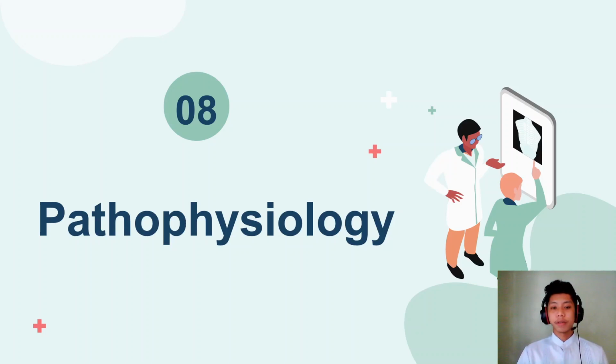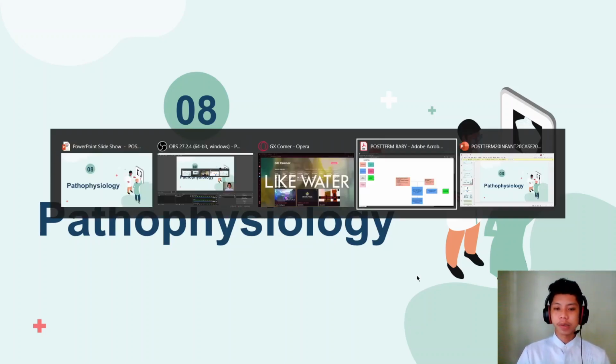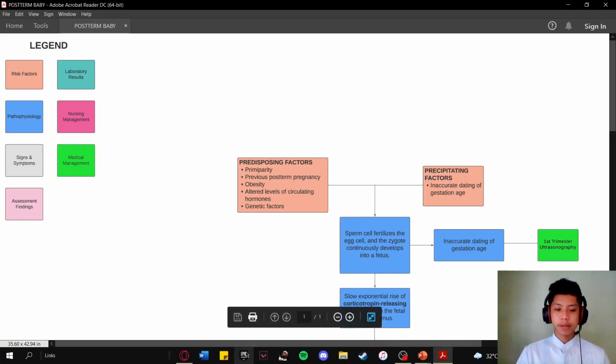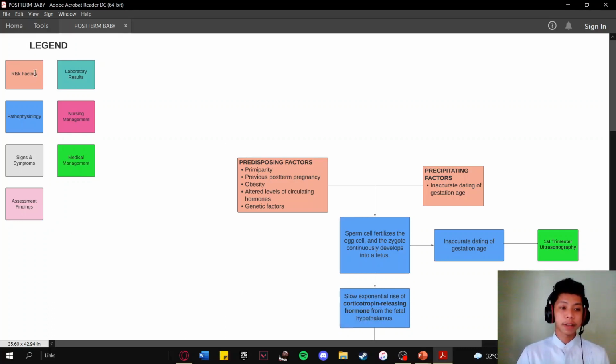Okay, so now I will be discussing the pathophysiology of postterm pregnancy. I'll just open or proceed with the file. As you can see here in our legend for our flowchart, we have the risk factors, which will be filled by a peach color,